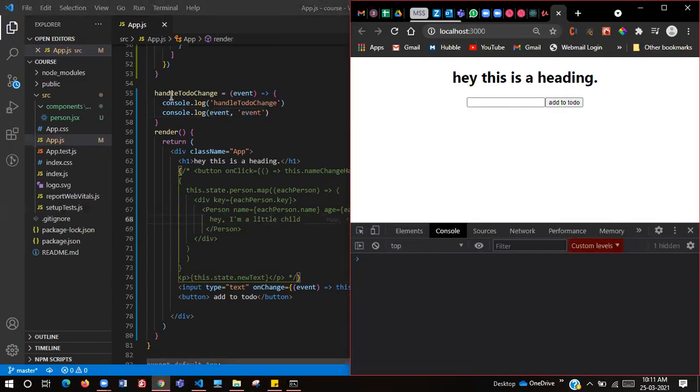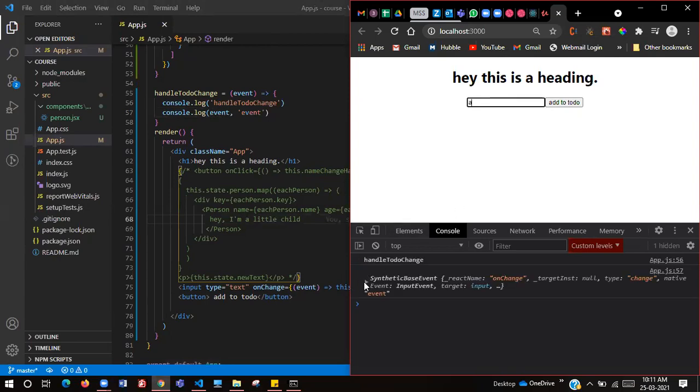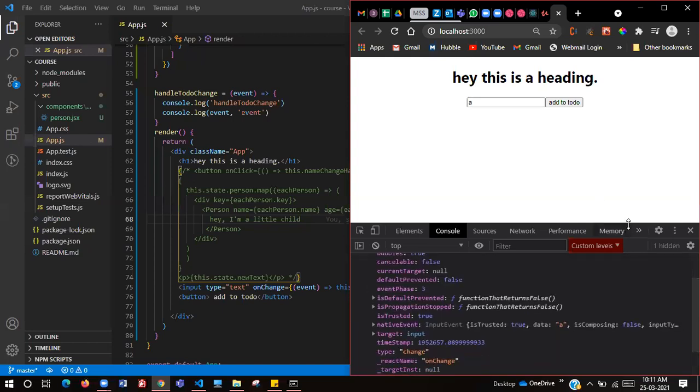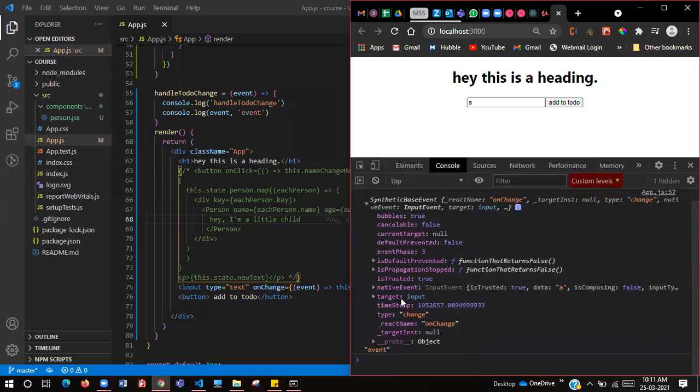So here we've passed that event to the input tag, and then see. This is just a synthetic base event. Okay, and what does this have? The target, the name. The target is just an input tag. What type it is, what type of event it is, a change event. Okay, React name onChange. Target instance is null.